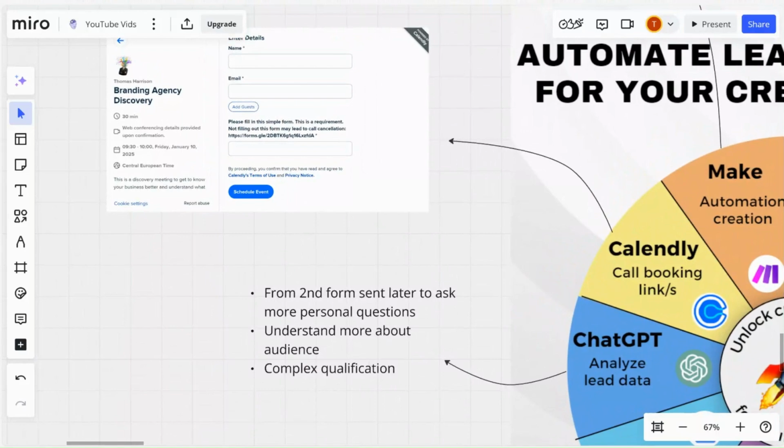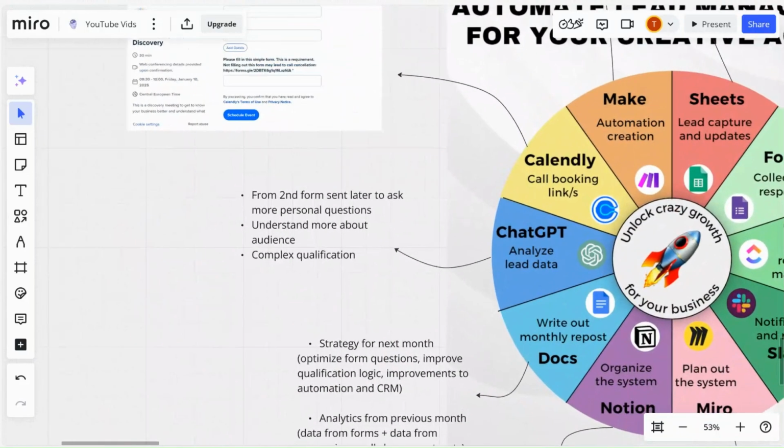After that, you have ChatGPT. ChatGPT can be used to help write out these monthly reports, but you can also use it to analyze lead data. So what you can do is write a second form which is sent to leads after they've booked a call, and you can ask more personal questions such as, where did you hear from us? Which country are you based in? What services are you looking for? And you can then take these answers, and ChatGPT can analyze them to see any trends to help you understand